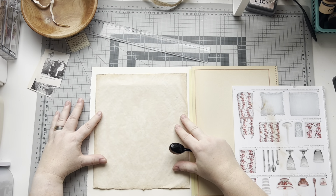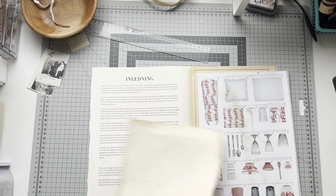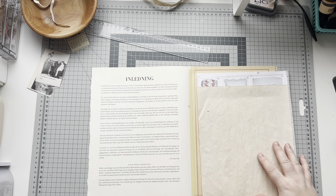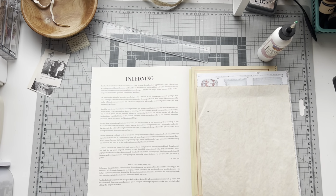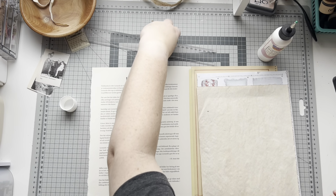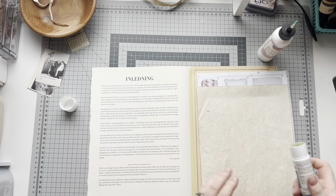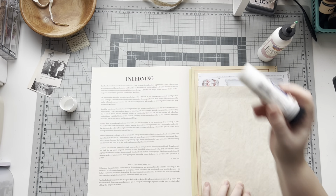Yes, great. And now I just have to glue that down, and I will use my glue stick, my Tombow Mono glue stick, and I will also take the arch glitter glue around the edges, because I don't trust the glue stick 100%. The edges sometimes I just want to lift up a bit when I